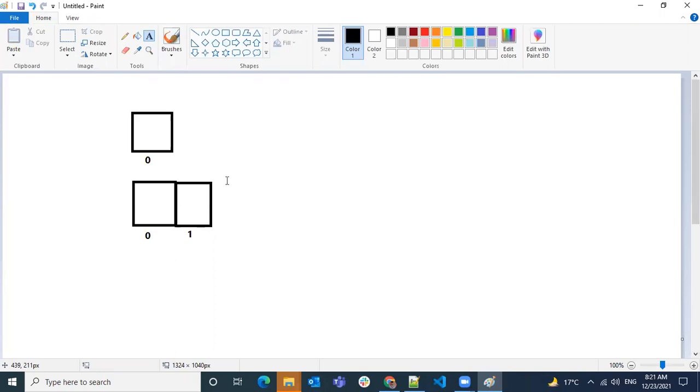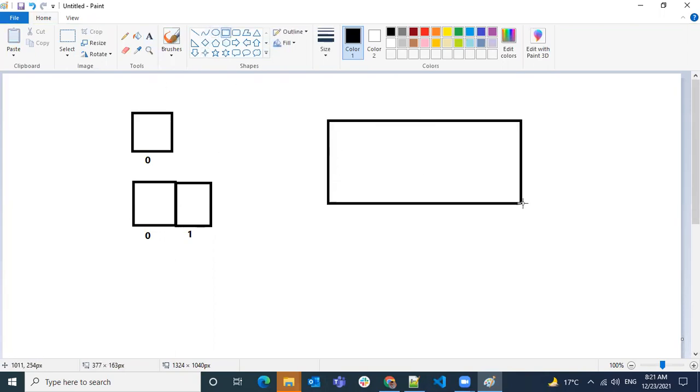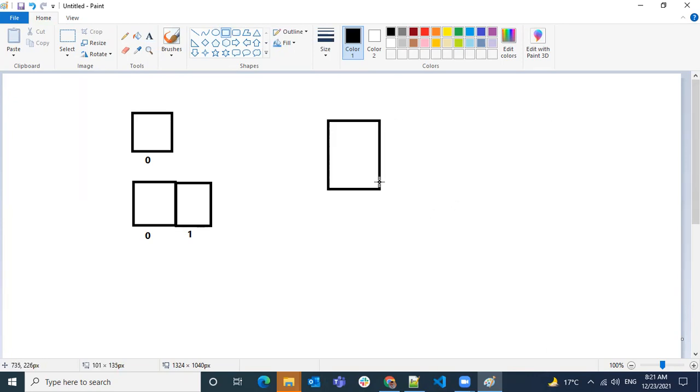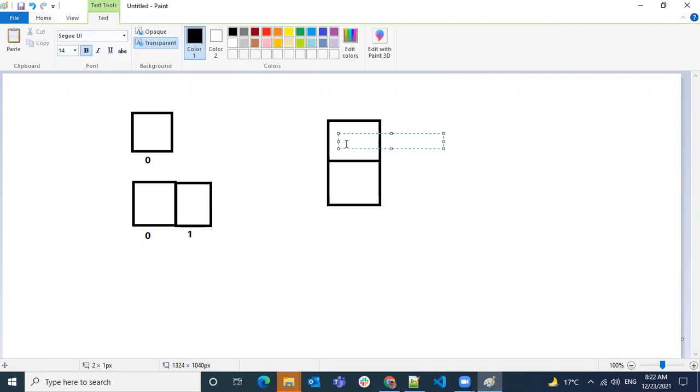How the map is different is that the map also dynamically allocates the memory, but it will allocate the memory in a pair, that is a key and a value. Here we have an index to identify the value, but in a map we'll have two parts: one is the key and one is the value.